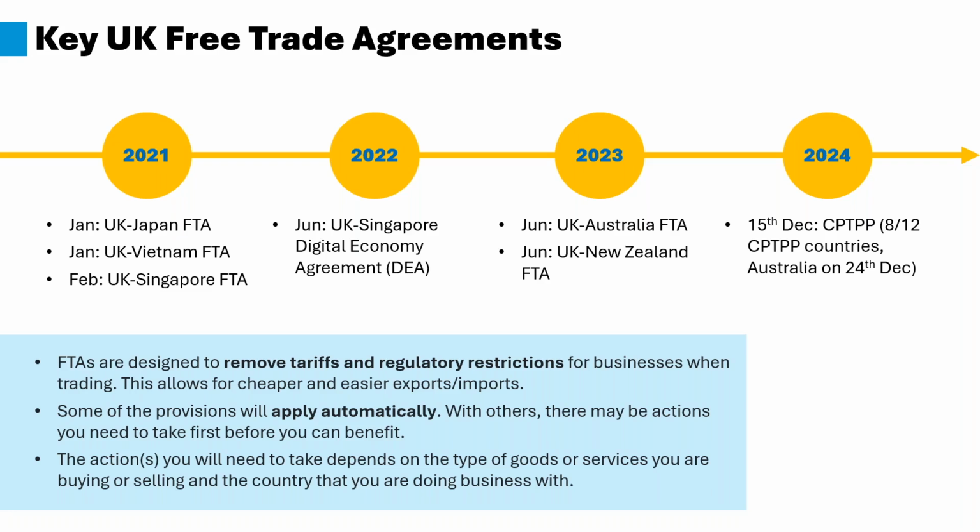when they're trading. Now, it's worth noting that some of the provisions in the free trade agreements occur automatically, meaning that you don't really have to do anything to benefit from them. These largely relate to the services sector: free travel for business people, access to markets, non-discriminatory measures, that sort of thing. These things just happen in the background, and if you are in these particular sectors, then you don't really have to do anything to enjoy the benefits.